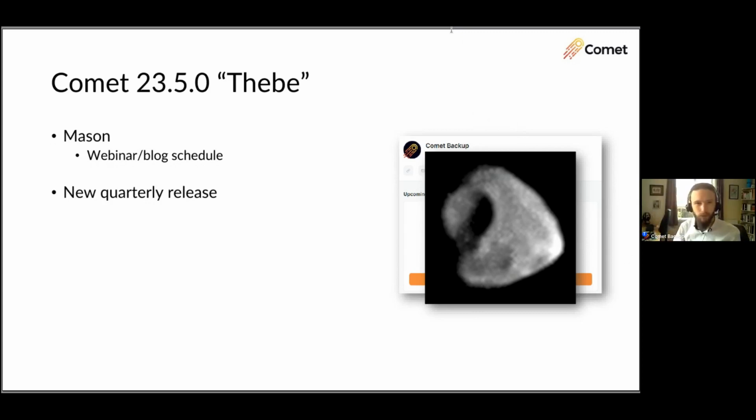But enough about the moon. How about some Comet features? We've covered 10 features and 22 enhancements this quarter for Thebe, and the full changelogs are available on our website in the release notes section. Today I'll walk you through some of the main new features, starting off with